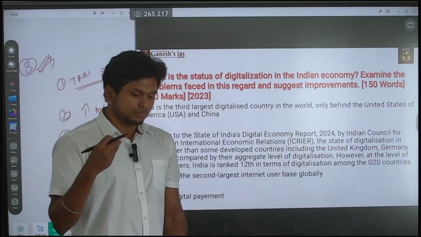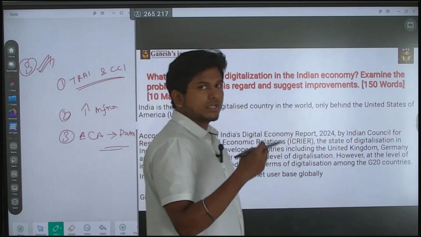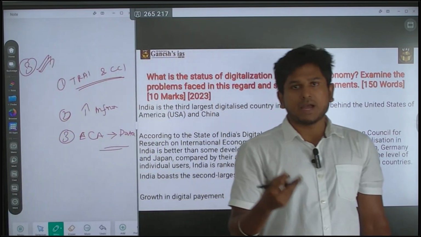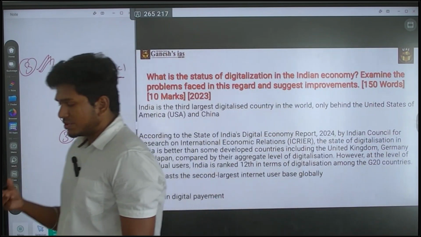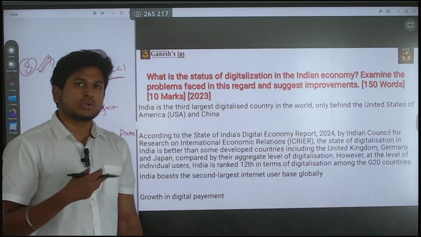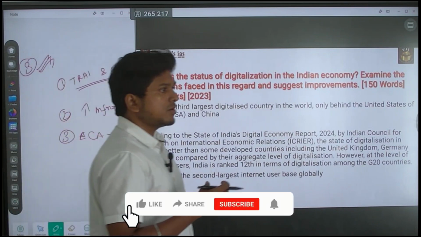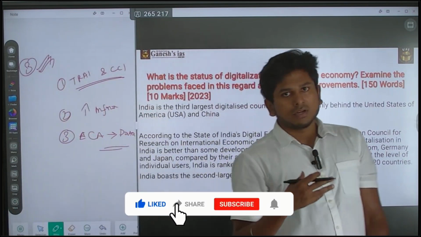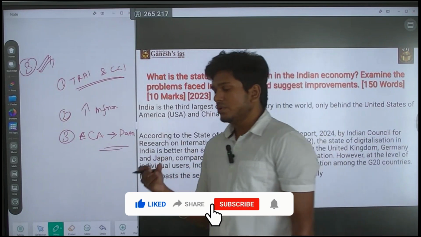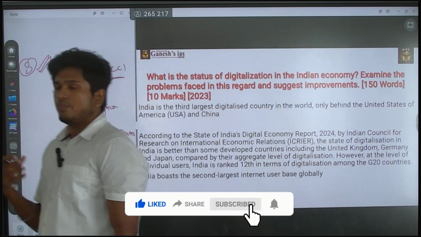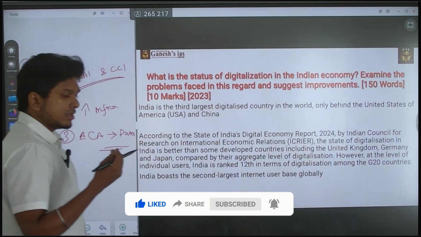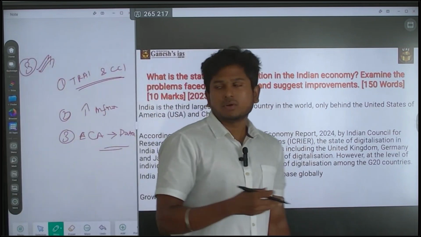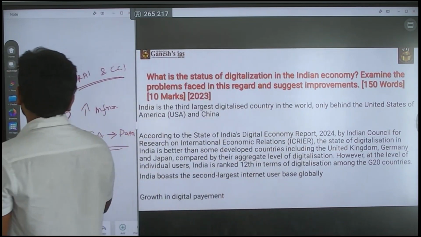This is also a suggestion, because nowadays data is becoming one of the essential things to survive. You have to use the internet to access your banking activities. For financial activities you have to use it. Even for healthcare things you can use it. Internet is nowadays like a knowledge pool also. Without internet you can't update yourself. So these are the things that need to be changed. These are certain suggestions you may give.